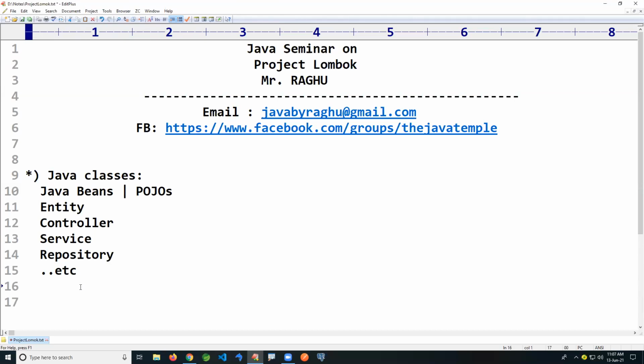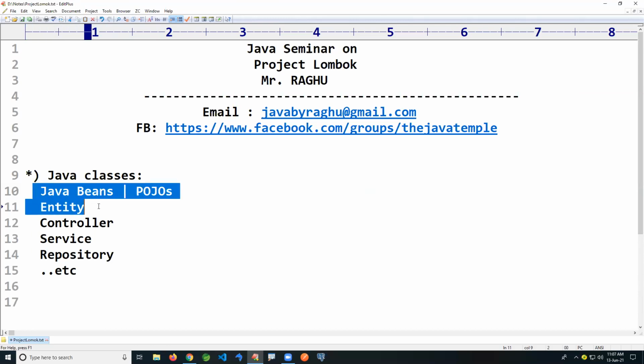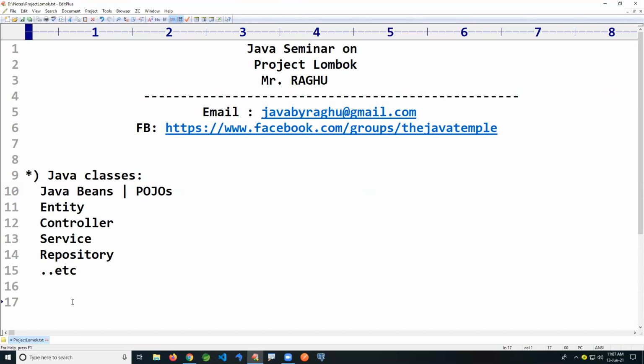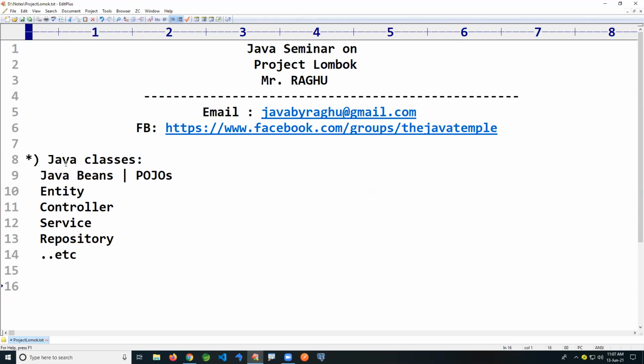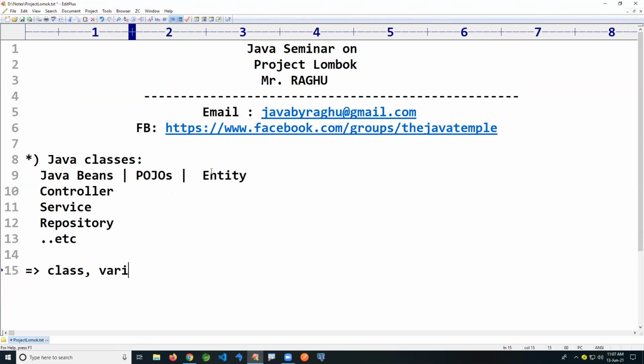In these classes, a few classes like Java beans, POJOs, or entities will have some common coding. What are they? In Java beans, POJOs, and entities, we write a class that contains some variables.